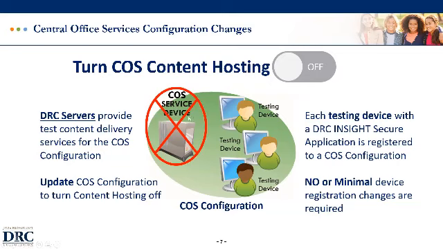So what we're going to need to do is go in and turn content hosting off, which disables the COS service device, so that these testing devices, when they launch, will appear as if there's no COS service device, and that content will then come from DRC. So the main thing we're going to need to do is go in and update the COS configuration to turn